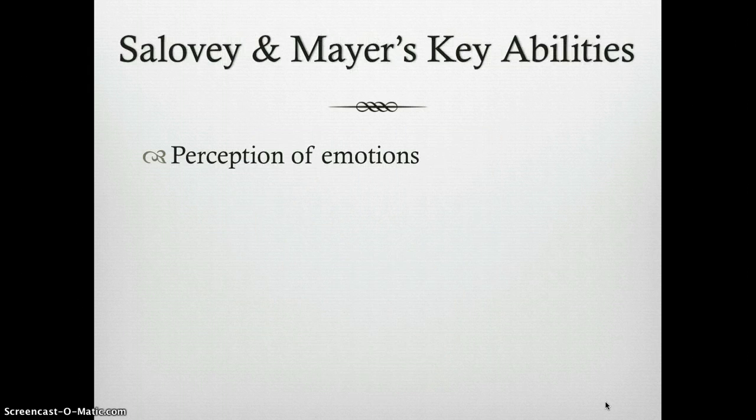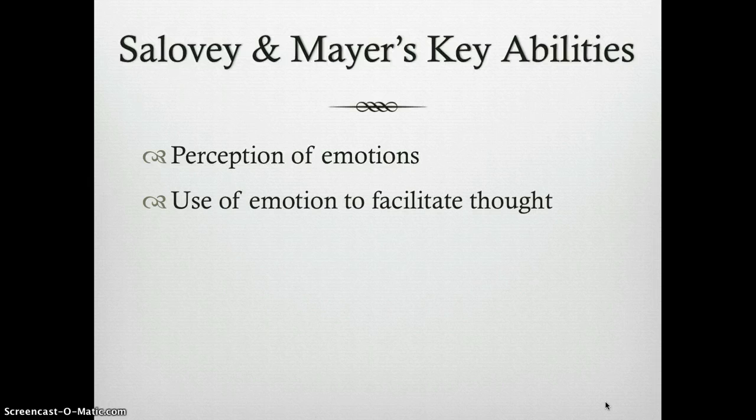Perceiving emotions is the first step to understanding your emotions. In this case, it may involve understanding nonverbal signals such as body language and facial expressions. The next step involves using emotions to promote thinking and cognitive activity. Emotions help prioritize what we pay attention to and react to, and we respond emotionally to things that gain our attention. The emotions that we perceive can carry a wide variety of meanings. If someone is expressing angry emotions, we must interpret the cause of their anger and what it might mean.